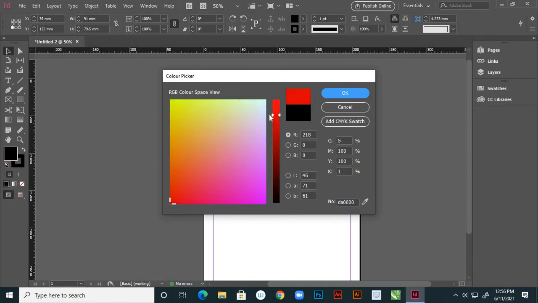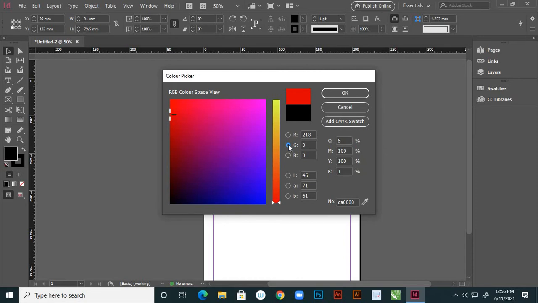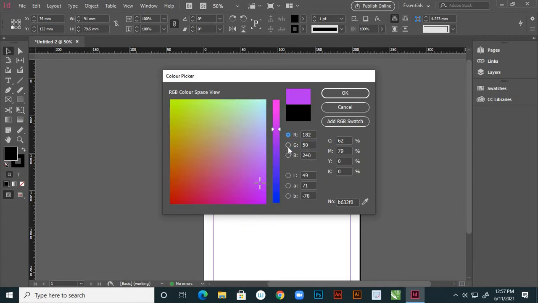You choose your colors, and here see, the red value is more here, and suppose green 0 and blue 0, right? Here add the G value, something like 50, right? And suppose here you choose whatever value you want.